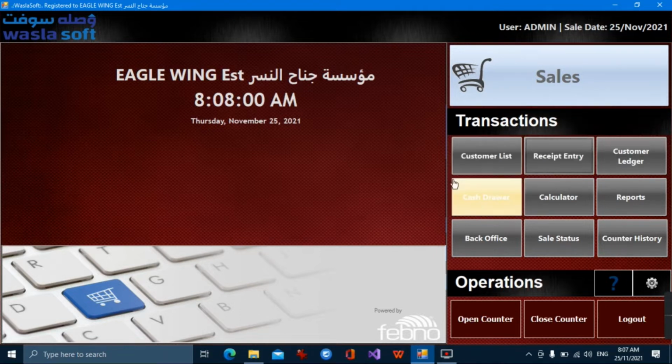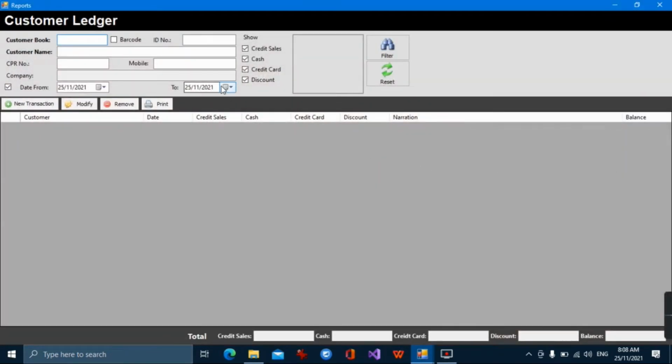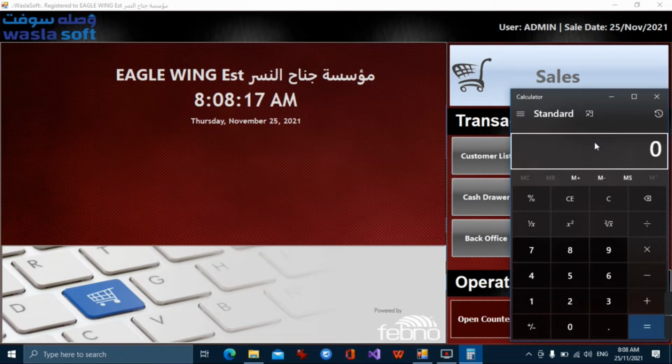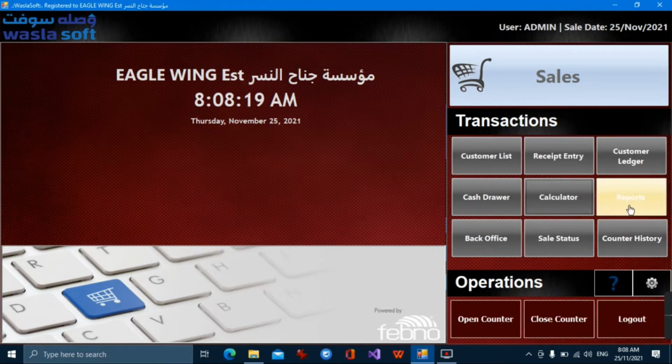This is for counter operations only, and this is the customer ledger. If you want to see the ledger of a particular customer, you can directly see it from here. This is for the cash drawer, which will open the cash drawer automatically. This is for the calculator, and this is to see